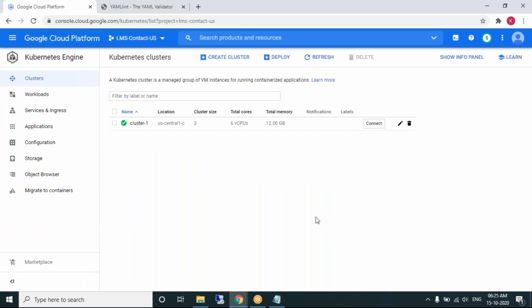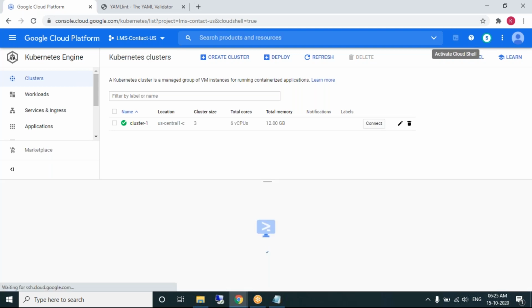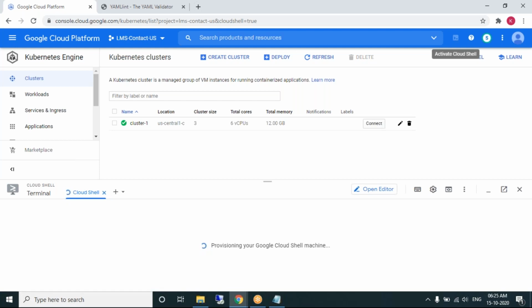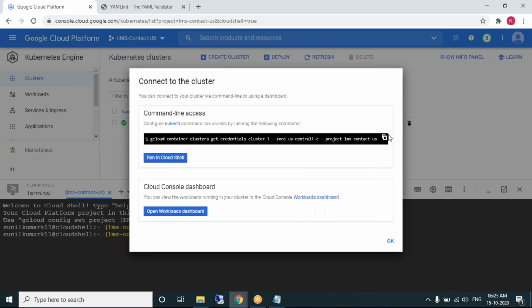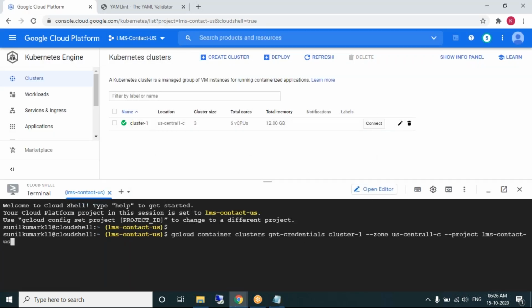A cluster is created. Connected to the cluster.